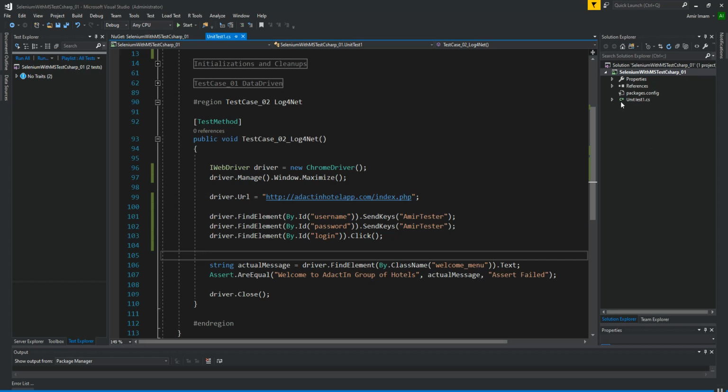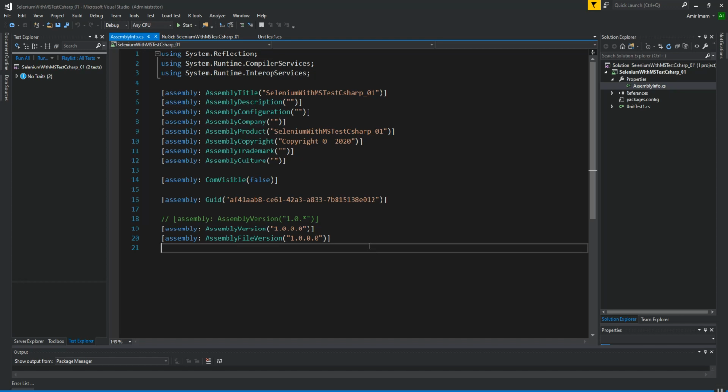So next thing, in AssemblyInfo I am going to put the entry here. You can put it anywhere in this file. Assembly colon log4j.config.xml configurator watch is equal to true. As you can see, there is no app.config, since in a test project app.config is not present by default.